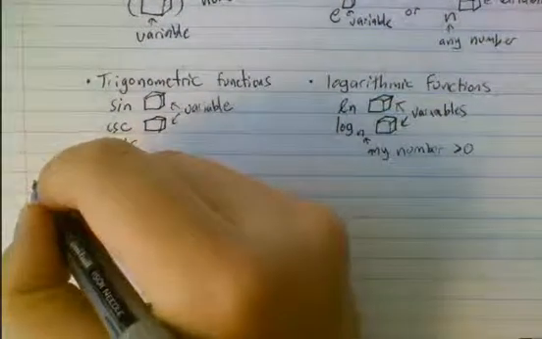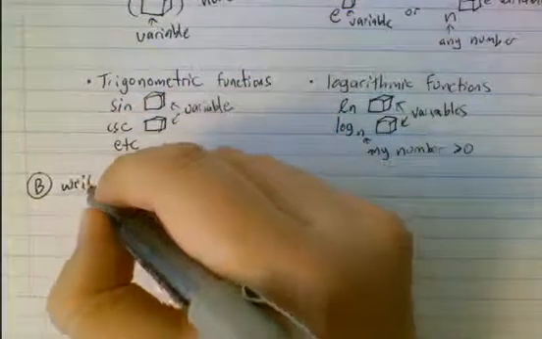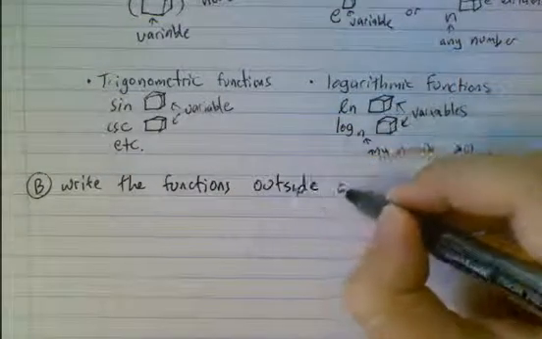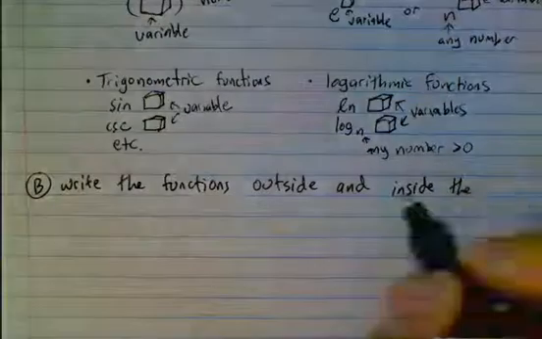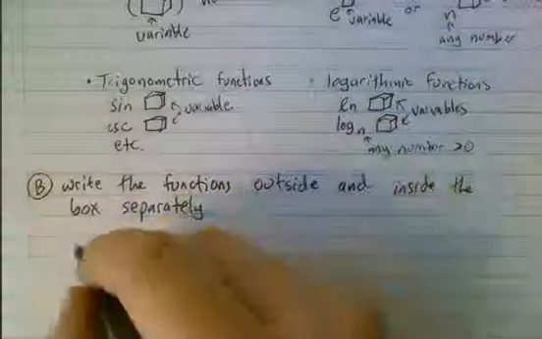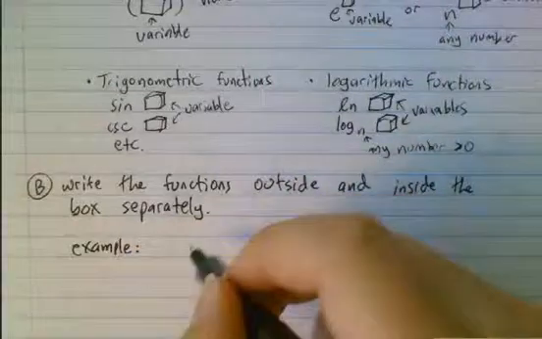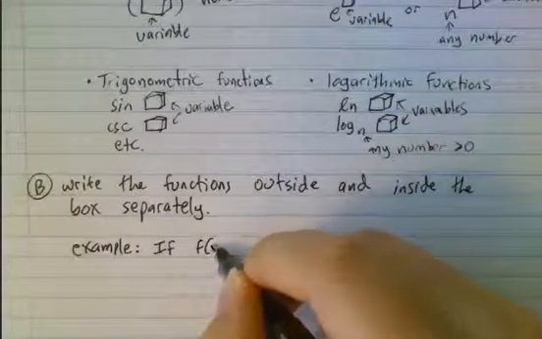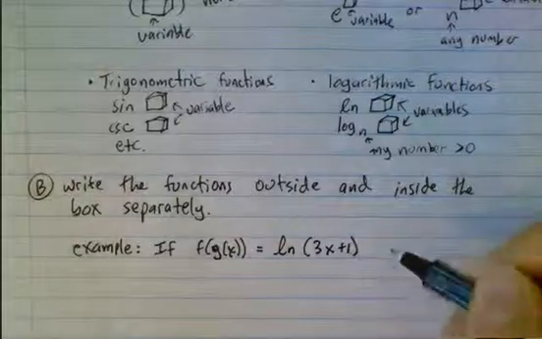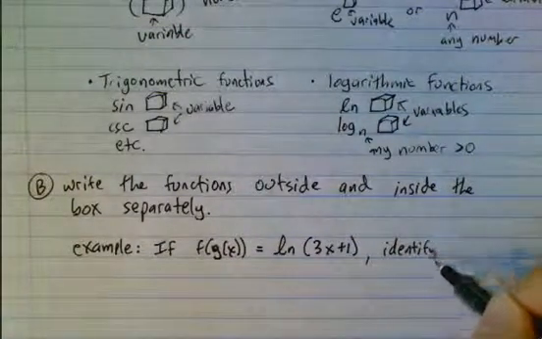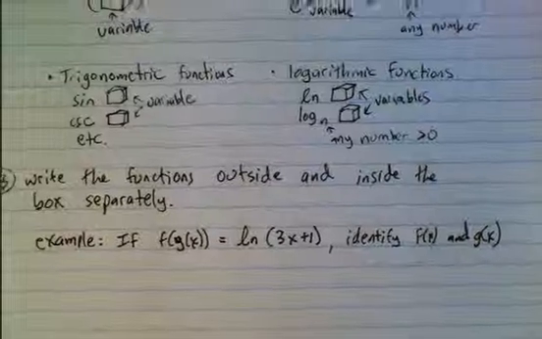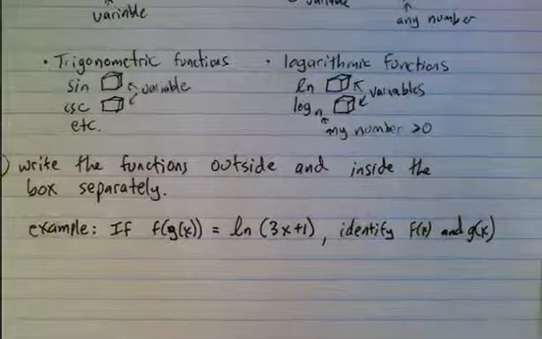The second step is simply going to be to write the functions outside and inside the box separately. So let's give an example of what this looks like. If f of g of x equals the natural log of 3x plus 1, identify f of x and g of x. Okay, so the first thing to notice here is that we have f of g of